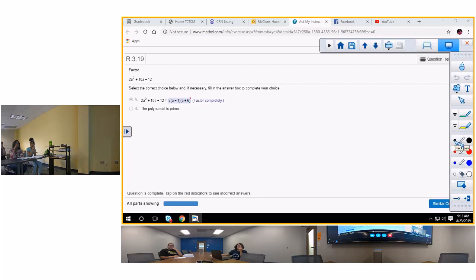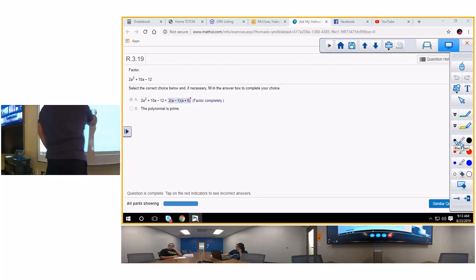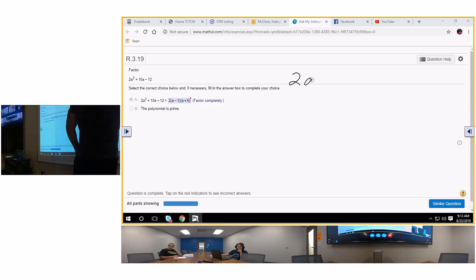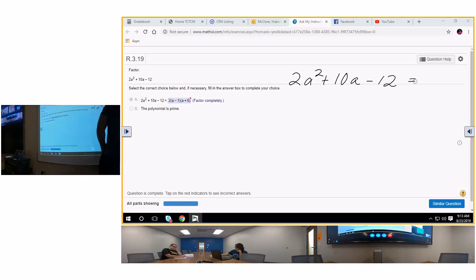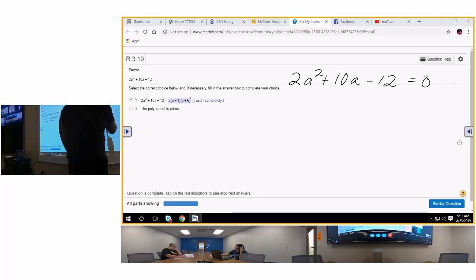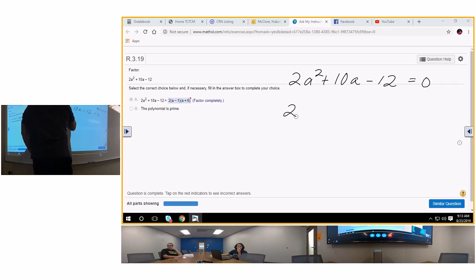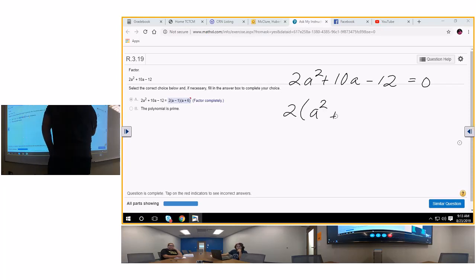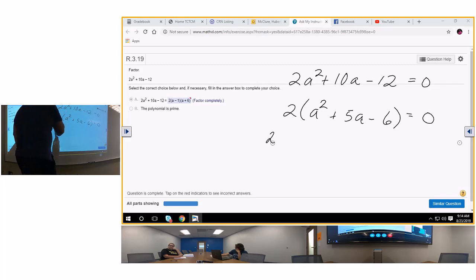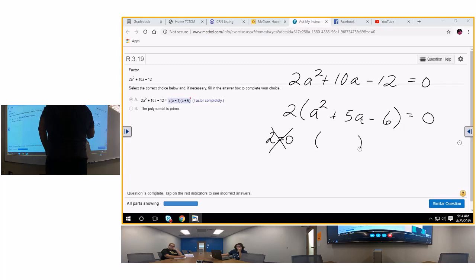Whoa. What? Magic. What? What's magic? 2a squared plus 10a minus 12. And if you were setting equal to 0, of course this is later, but if you were doing this, the best way to do it would be factor out a common term. Then you could set 2 equal to 0, which doesn't work. And then you could reverse FOIL